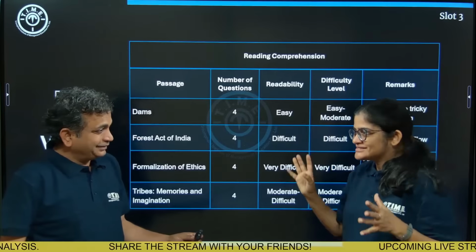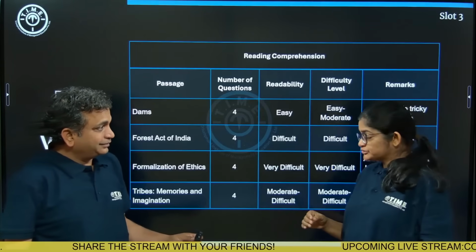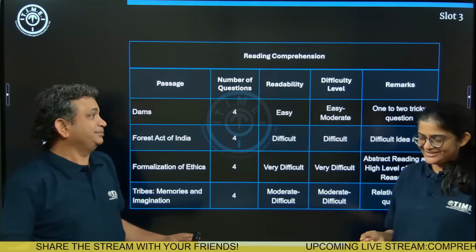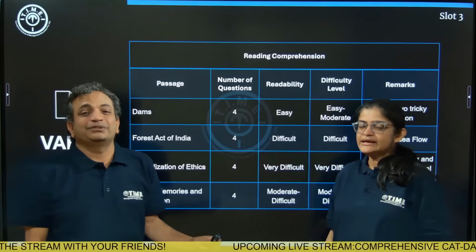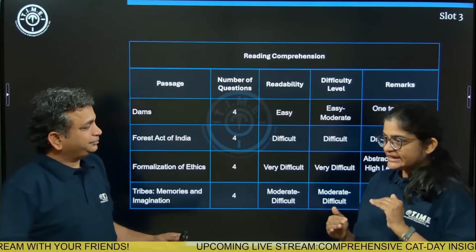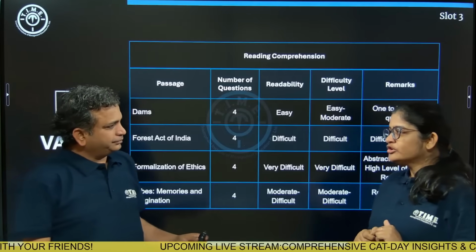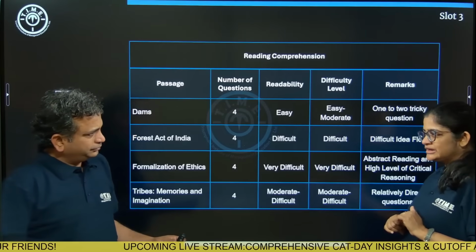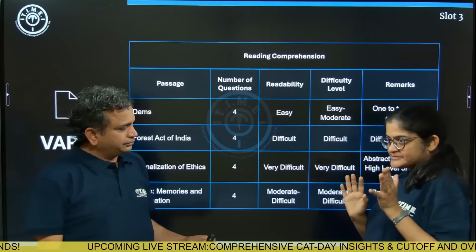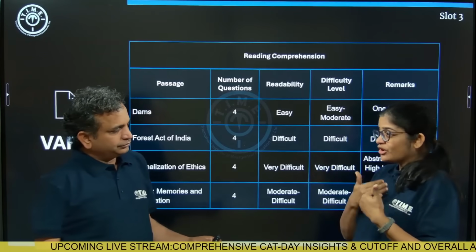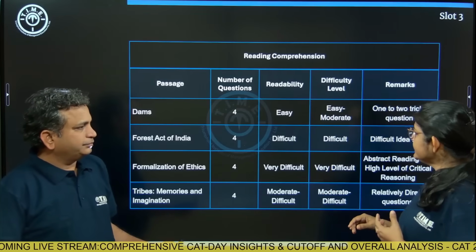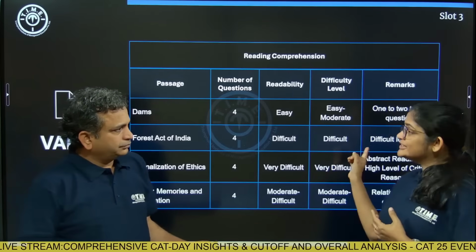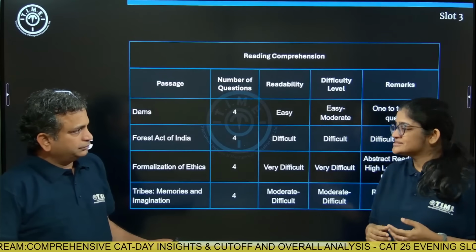And then out of the blue, there was deforestation. So all these things together: ecology, colonialism, forestation, legal. Yeah. Okay. Multiple things. So it was a layered passage and not very easy to read from that point of view. In absolute terms, yes, Forest Act, but to comprehend it would take a little time and careful reading. And hence the questions were difficult because the idea flow was difficult to trace.